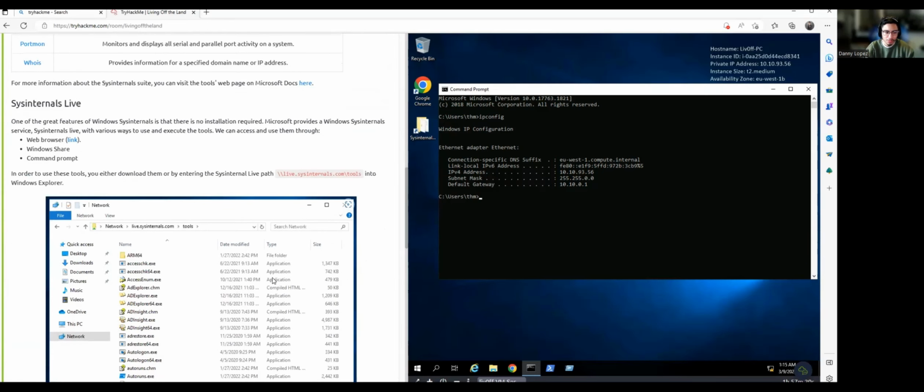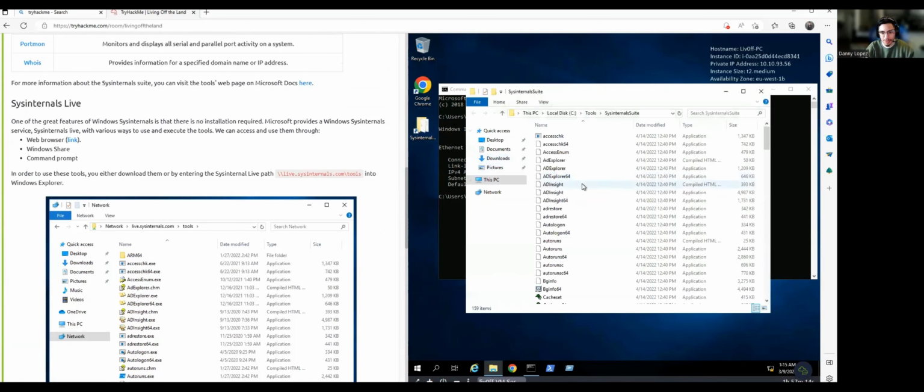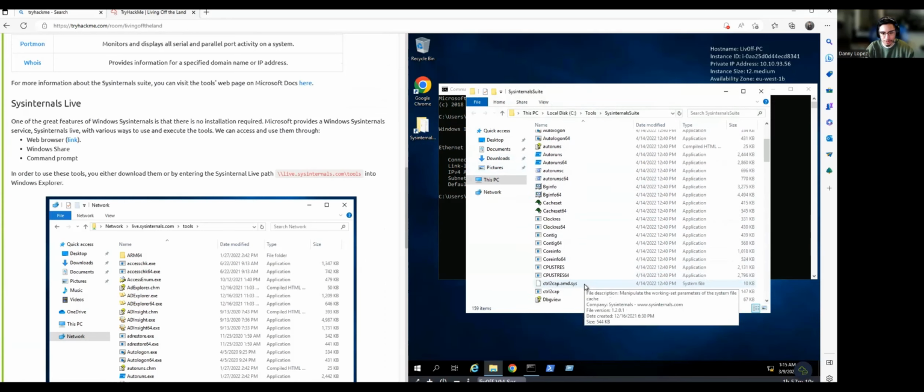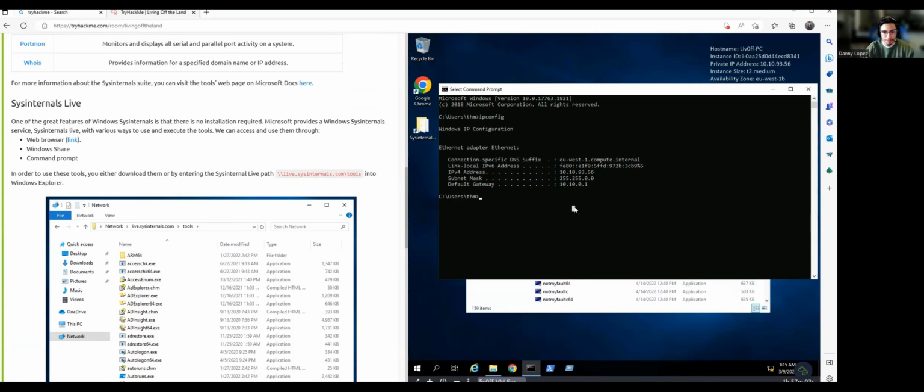So what they're saying here is you just navigate to Sysinternals. It looks like it's right here on the desktop. So you just open it, and then to run any of these tools, for example PsExec, all you need to do is navigate to the file. So we'll go to desktop,